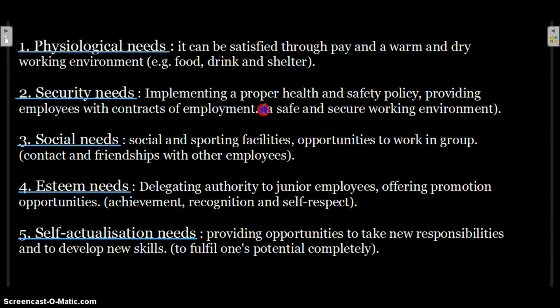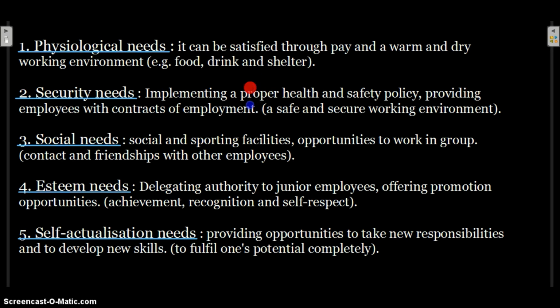So these are basically the lower needs that most businesses can satisfy. These are the lower needs, and what Herzberg might call hygiene factors. So you can say Herzberg classified these as hygiene factors, while Maslow classified these as his lower needs. Taylor was emphasizing more on these needs, that